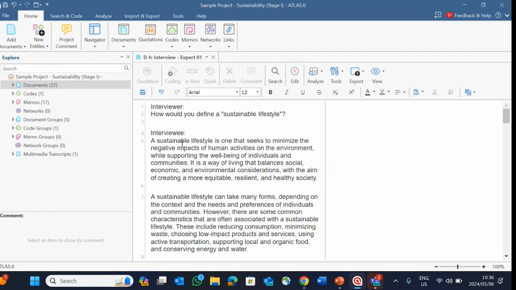Now, say you are asking your participant, how will you define sustainable lifestyle? and they are responding, A sustainable lifestyle is one that seeks to minimize negative impacts of human activities on the environment, while supporting so and so and so. So you will then